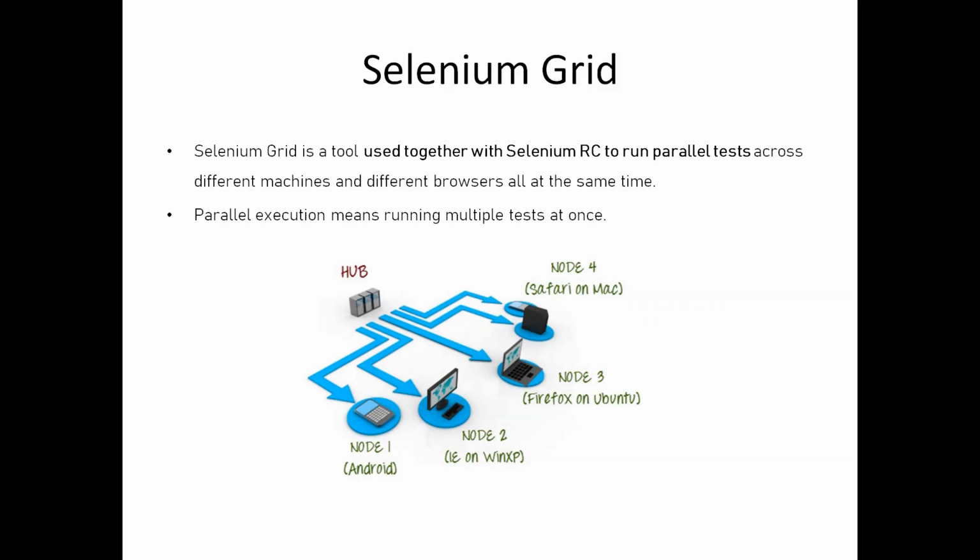When a user runs a test, he will connect that hub URL as a Selenium address. So the request goes to the hub, and the hub decides based on the capability that the user wants, like, okay, I want to run my test in Safari. When the hub receives that request, it knows which node has Safari, so it directs that request to that node, and the test runs from there. And the biggest advantage of using this is that parallel execution is possible, as many instances as we configure.